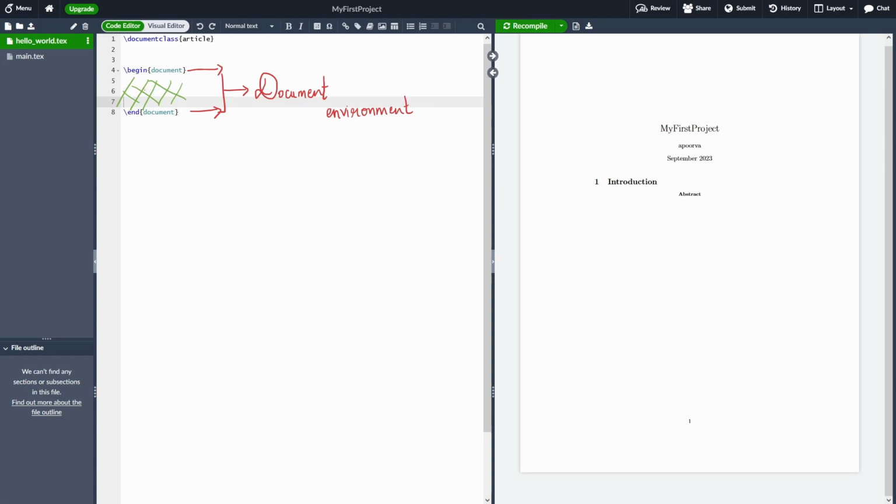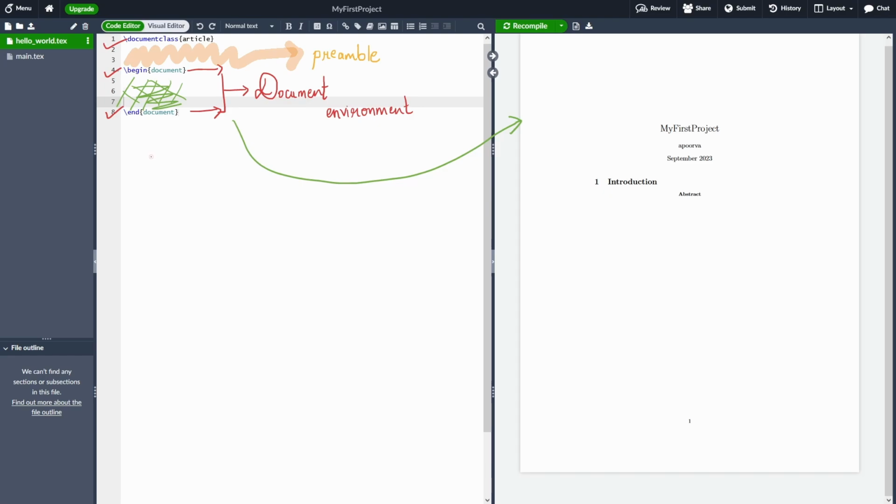Note that only the content that you place in the document environment will be rendered in your output PDF. The region between the documentclass and the begin document is called the preamble. Note that the three commands, documentclass, begin document, and end document, are needed to create a minimal working .tex